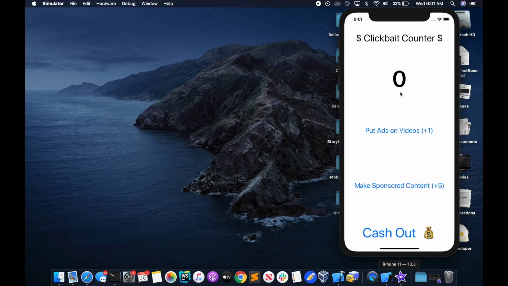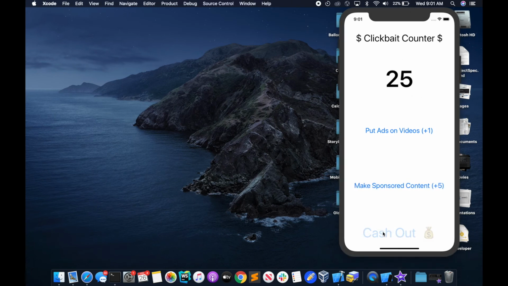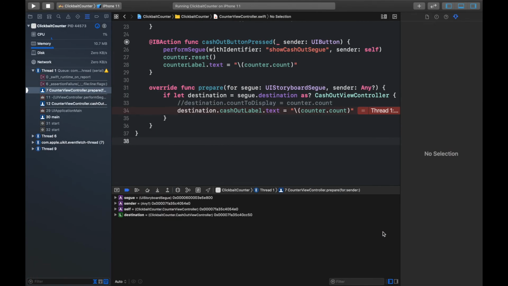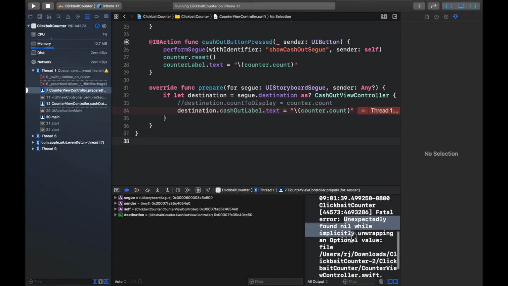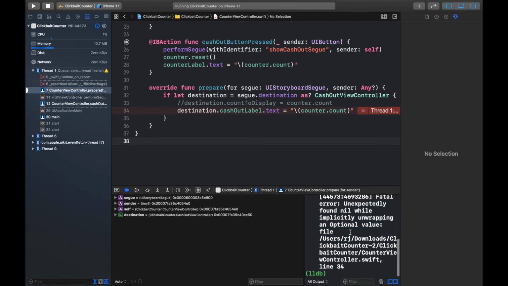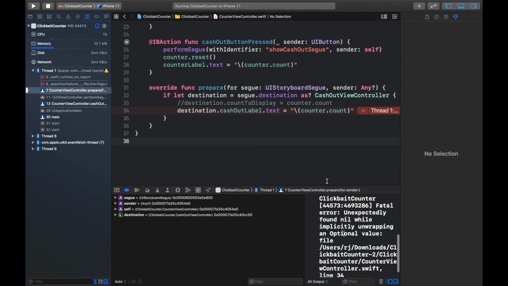Now we have our clickbait counter here. We can go ahead and add some stuff. We hit cash out, and all of a sudden we get this huge SIGABRT error. If we open up the debugger here, we can see it unexpectedly found nil while implicitly unwrapping an optional value. So what does that mean? If we go back to our navigator here,